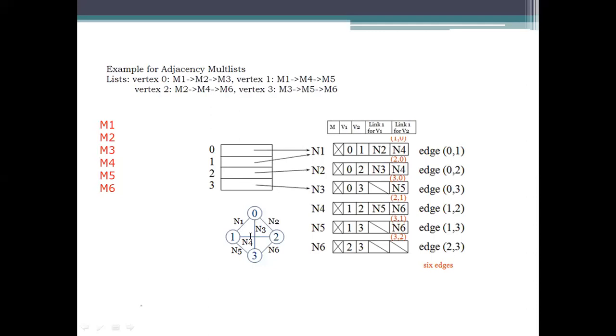So here, see, node 1. Node 1 is connected to edge 1, edge 4, and then edge 5. So multi-list 1, multi-list 4, multi-list 5. Vertex 2 is connected to edge 2, edge 4 and edge 6. So M2, M4, M6. And the last, M3, is connected to M3.